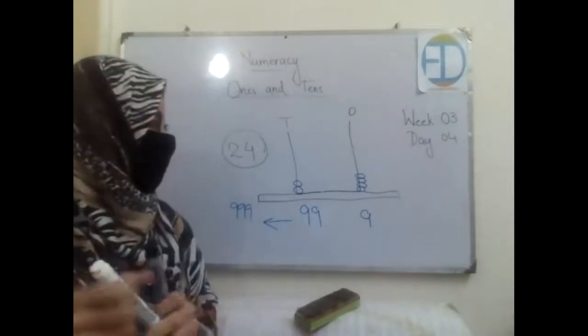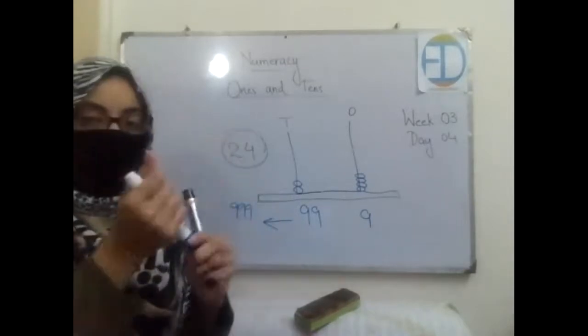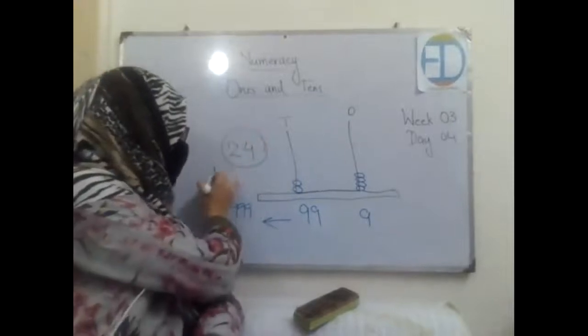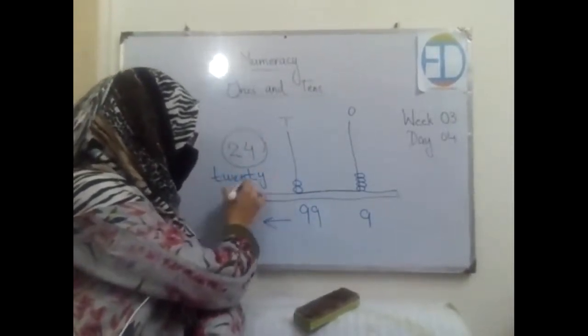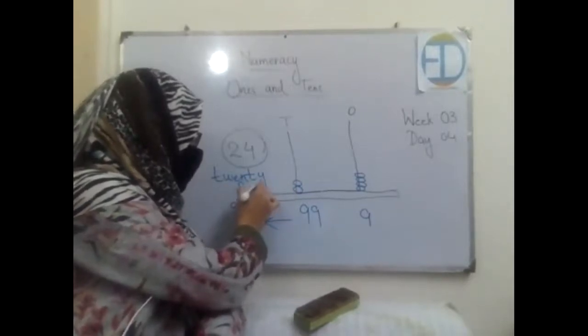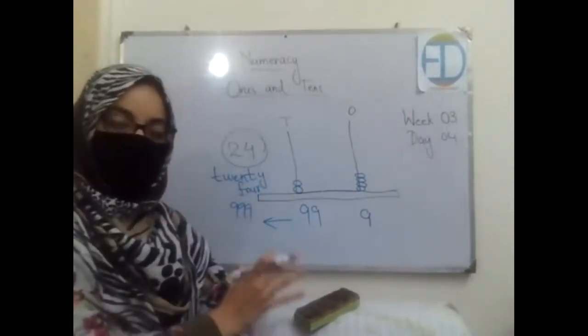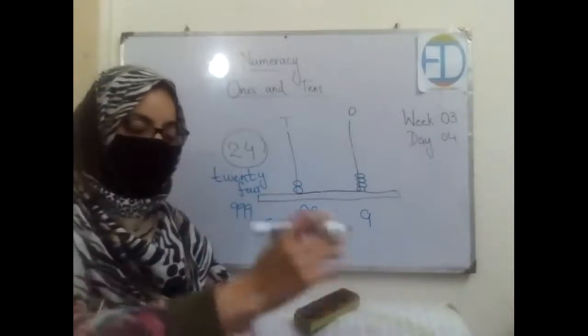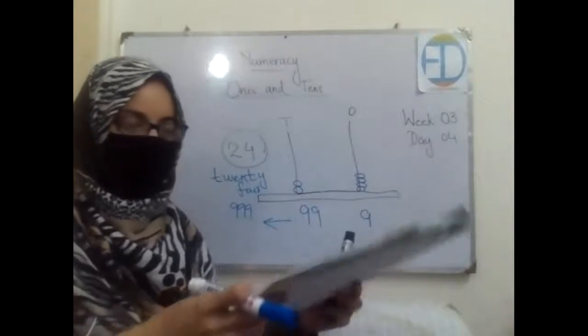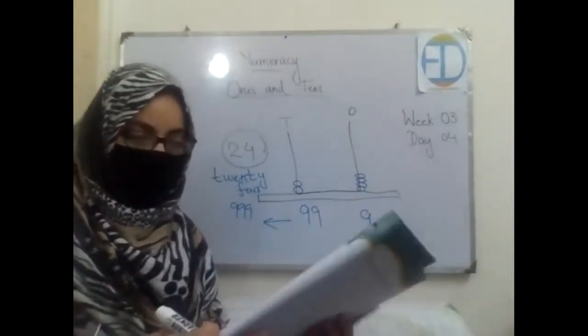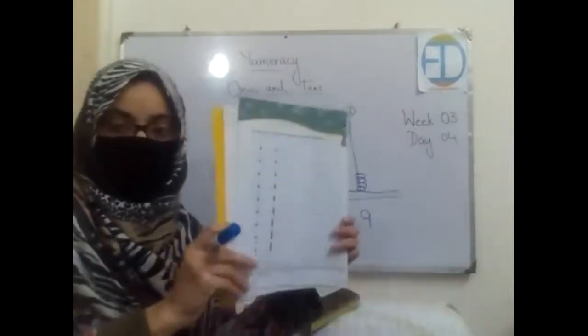Right, let's say if our answer is 24, we are supposed to write it in this form as well: TWENTY and FOUR, 4, right? So you will be following the same strategy. Now open your book, page number 15, sorry, page number 14. We will be doing this page together.